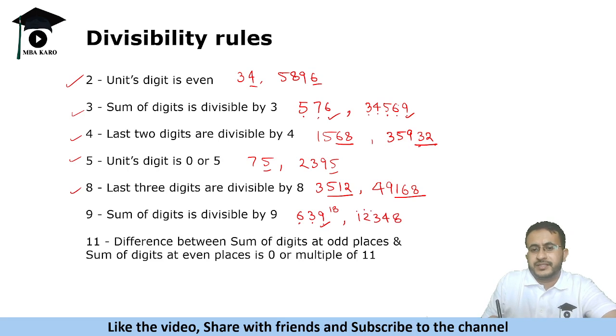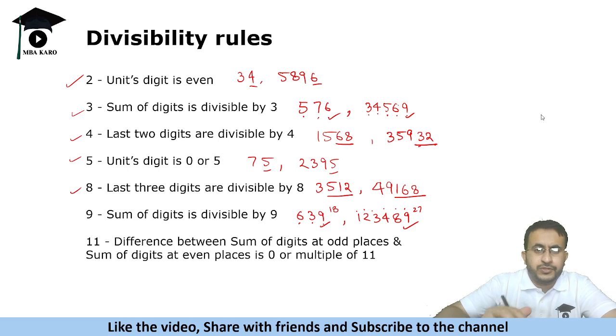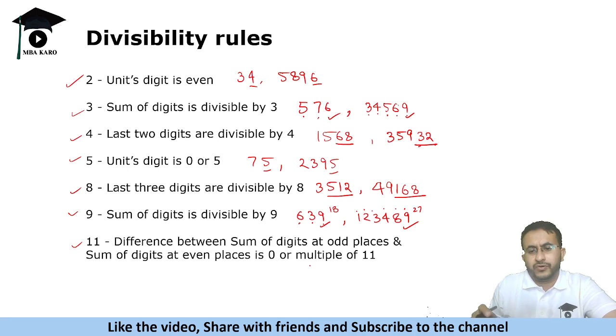So we see that 6, 10, 18. Then suppose we take 9 also. Okay. So the number is 27, which is divisible by 9. So these are numbers which are divisible by 9. Divisibility by 11 is also helpful at times. Okay. Division by sum of digits at odd places and sum of digits at even places is 0 or multiple